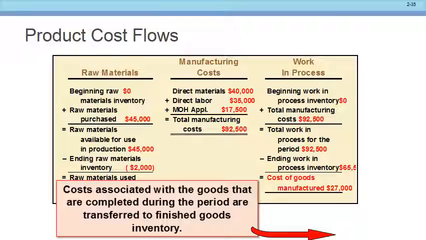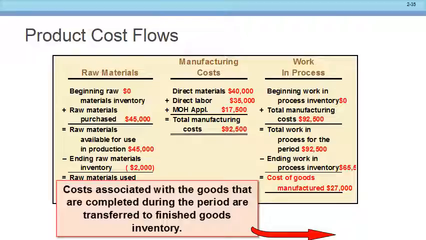We purchase raw materials of 45. Oh, this is that other problem, isn't it, that we were just looking at? Remember they purchased 45 and then they used up 43? Okay, so we had 43. The ending raw materials balance is 2,000, so we know that we would have transferred out the 43,000, right? Of that, direct was 40. 3,000 was indirect. It went to the manufacturing overhead account, and it's going to be applied, isn't it?